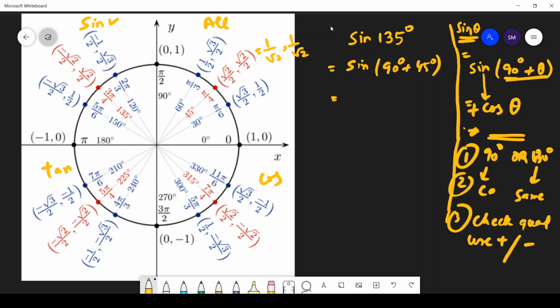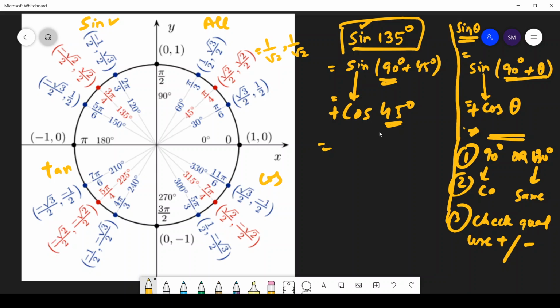I hope this is clear. Let us do these 3 simple steps over here. It is 90, so change sine to its complementary, that is cos. Now write this angle as it is. Now tell me, 135 is in which quadrant? Second quadrant. In the second quadrant, what is the value of sine? Sine is positive, so of course sine 135 is positive. So cos 45, you know the value of 45. What is cos 45? 1 by root 2. So this is the shortcut by which you can find any angle.